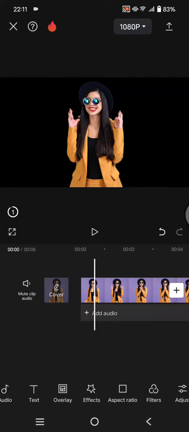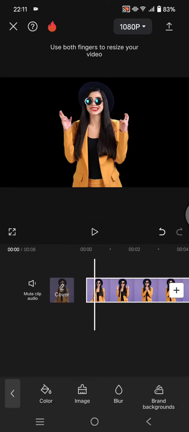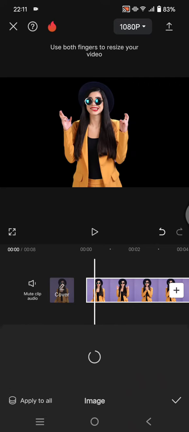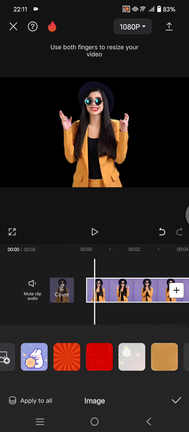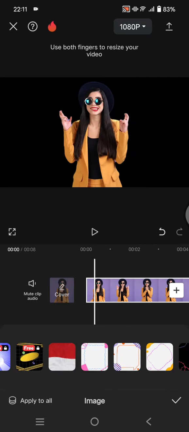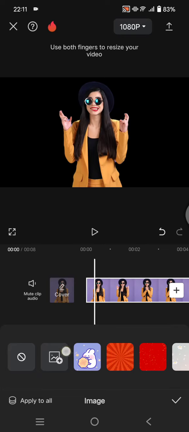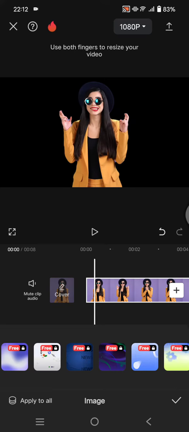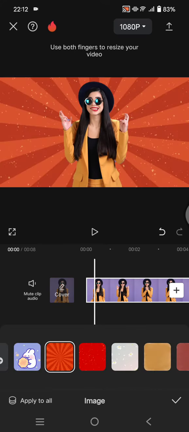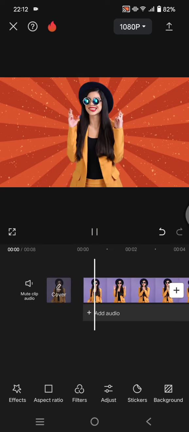and find the background menu in here, and I'm going to just use image. Okay, so in here there will be lots of background presets that you can use for your videos, or if you have an image on your own, you can just upload it into CapCut by clicking on the plus icon. So I'm going to just use this one, click on the check icon, and now this is the new background